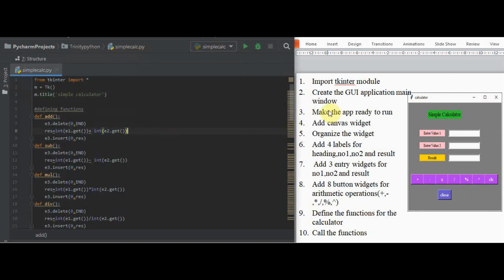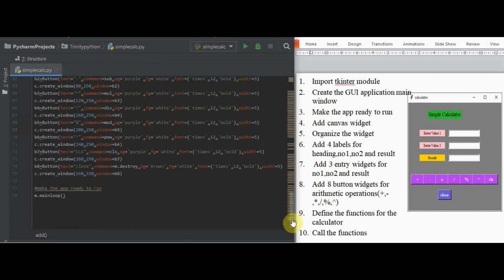Then the third step is to make the application ready to run. After writing all this coding part, the last step is writing this line, m.mainloop(). The purpose of m.mainloop() is that it will run infinitely till you explicitly close that window.